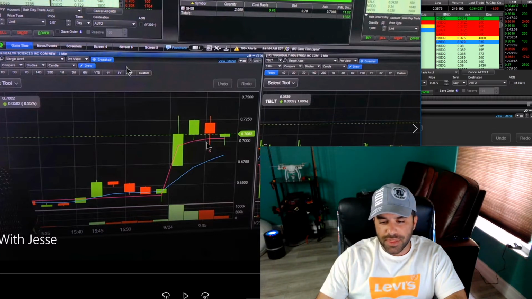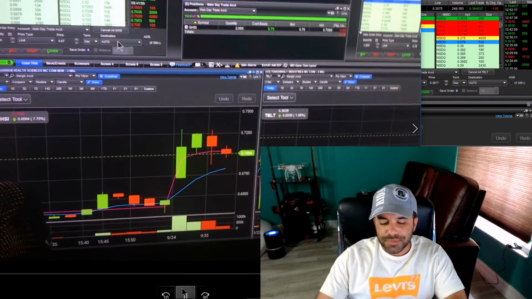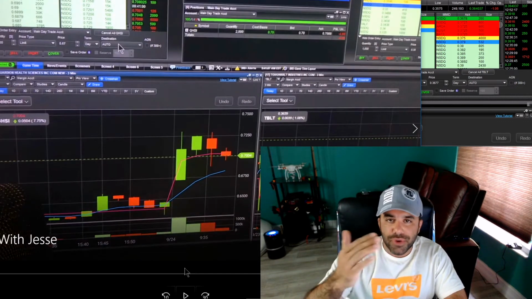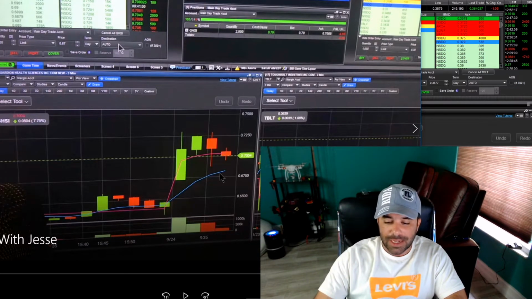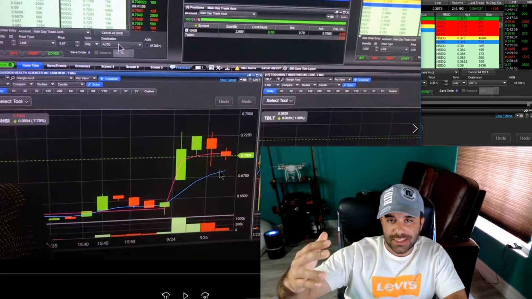So I jump in there. I first bought 1,000 shares on this pullback here. When we regained here, I added another 1,000. And I go all the way up to 3,000 shares on this trade just because as the trade progressed and my stop, which was the 90 MA, started to creep up closer to my area, which was that 68 to 70 cent area,